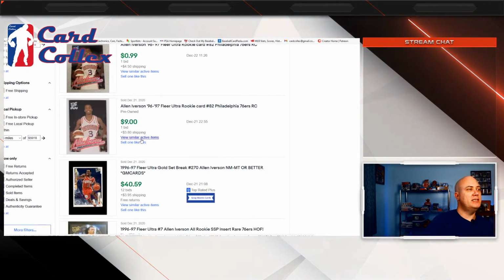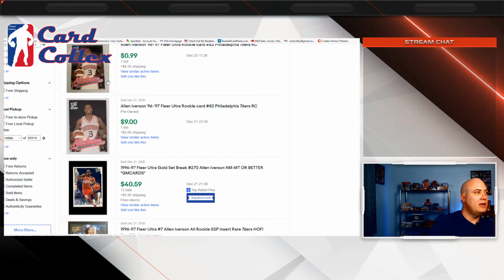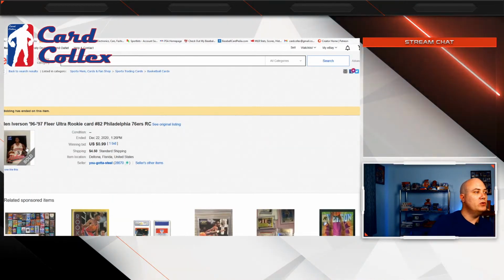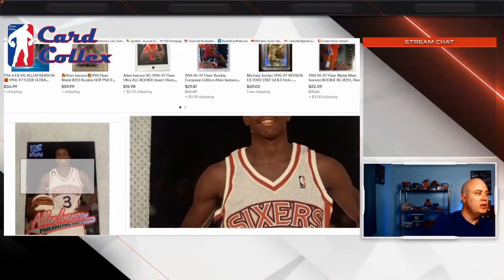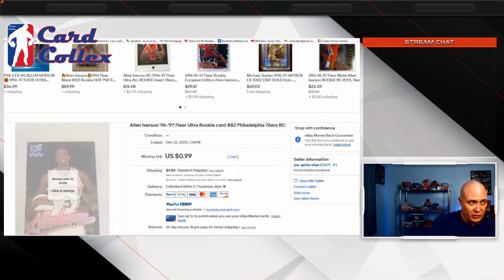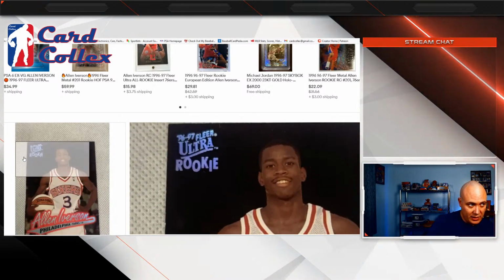Also, the other thing is, if you're posting pictures, post on a dark background. It's just more transparency. If something's posted on a white background, then I can't tell what the corners look like, if there's whitening on the edges or the corners. And a lot of people, I know for a fact, post on a white background so you can't tell. And so I just usually ignore that stuff.